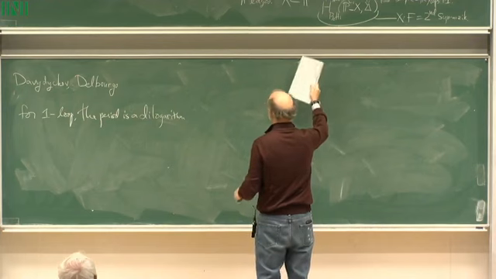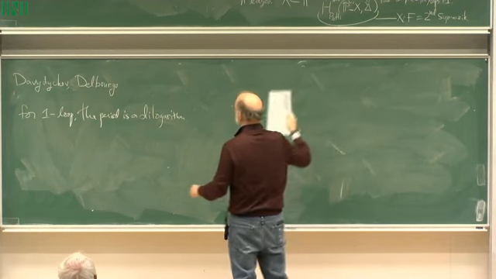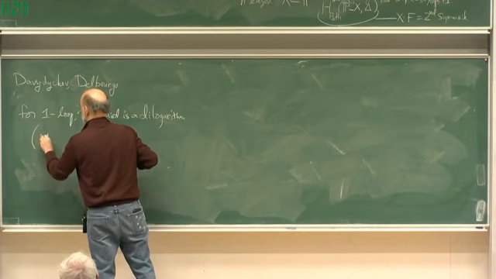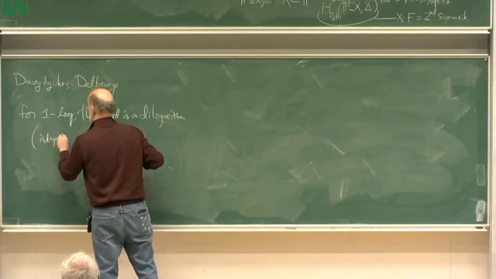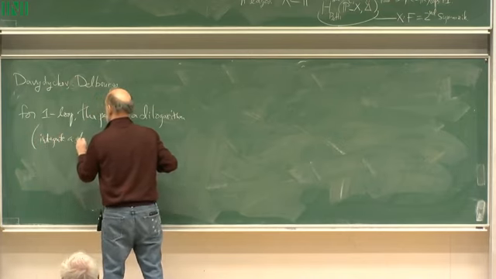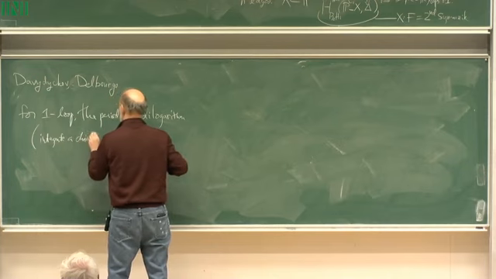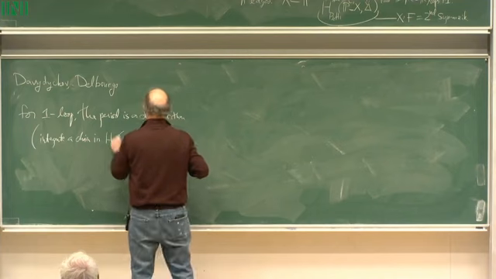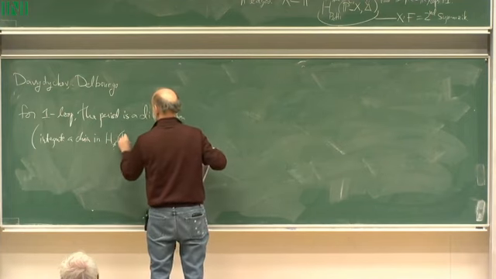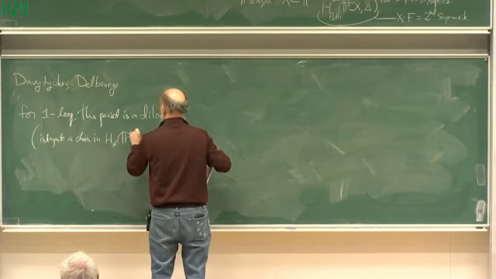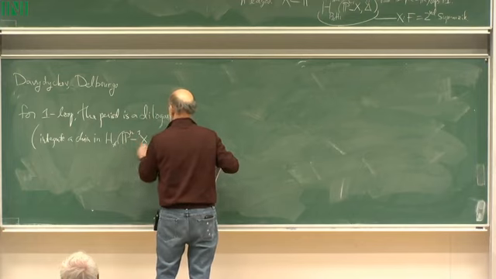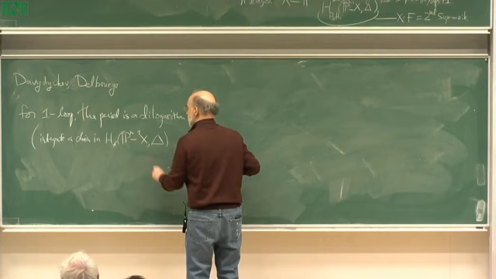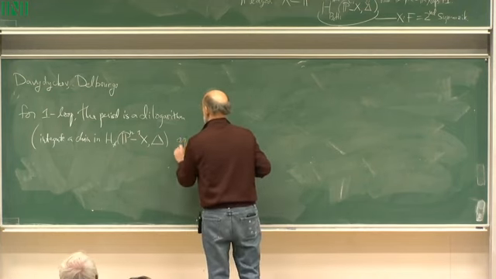The period in this case would be obtained by integrating, that is, you integrate a chain in the homology of this configuration, P^(n-1) minus x relative to the coordinate faces,